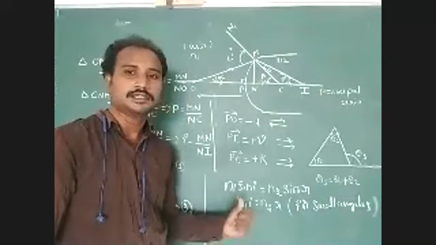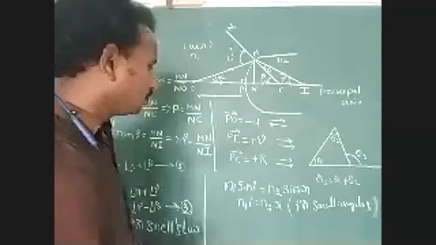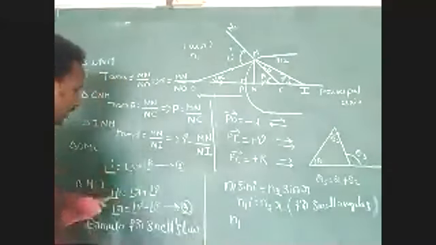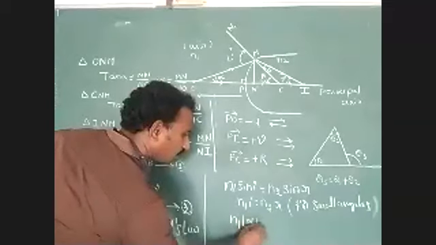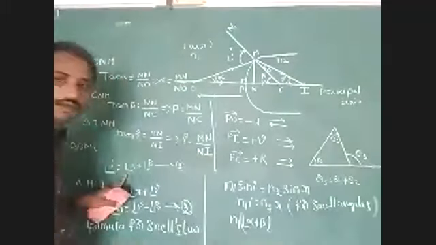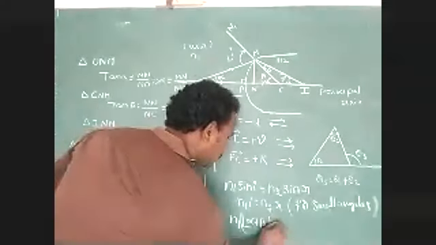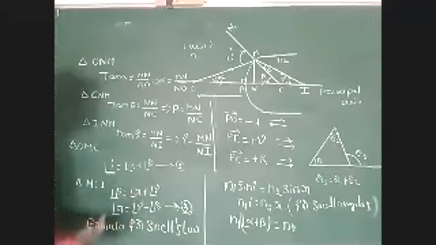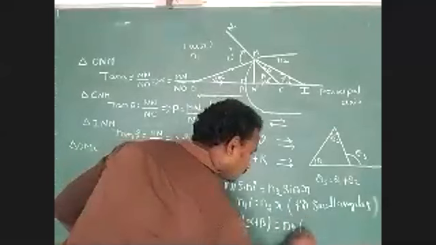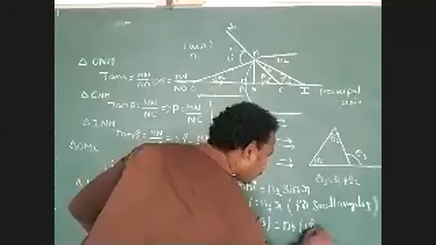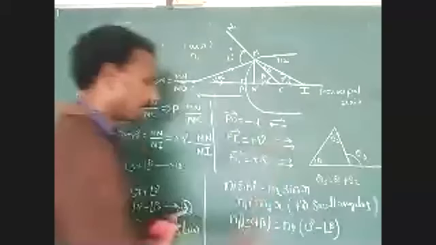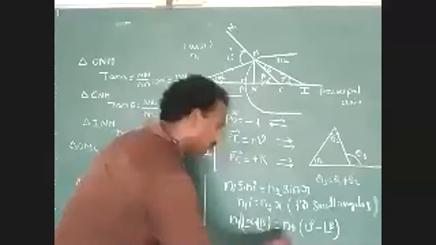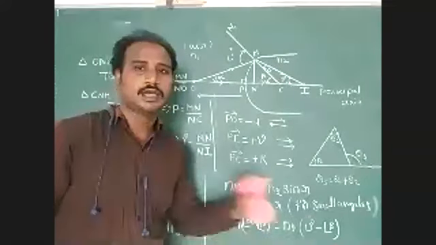For small angles, this condition is applicable. Now substitute this value. n1 times angle i, which equals angle alpha plus angle beta, equals n2 times angle r, where angle r equals angle gamma minus angle beta. So this is one condition: n1 of (angle alpha plus angle beta) equals n2 of (angle gamma minus angle beta).